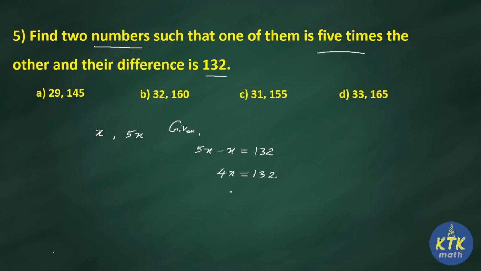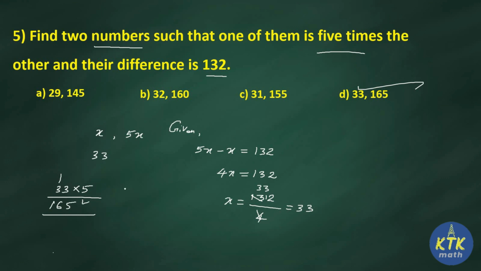So as usual x is equal to, this multiply becomes divide. So 132 divided by 4. You can cancel this. In 13 how many 4s are there? 3 4s are 12, remainder 1, again 3 4s are 12. So x equals 33. What about 5x? That is 33 multiplied by 5. 3 5s are 15, remainder 1, 165. Once you got 33, you can check the options using 33 also and hit the option, but better you verify by doing your multiplications. Therefore your answer for the fifth question is option D, 33 and 165.